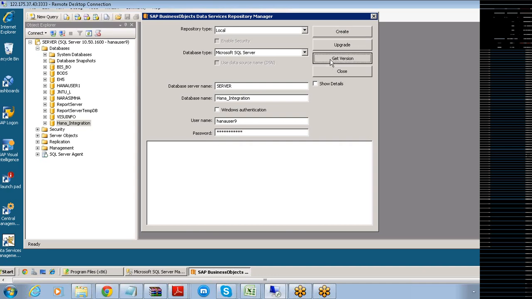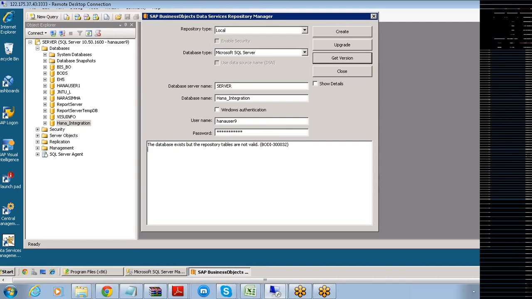When you click on this get version, it says the database exists but the repository tables are not valid. So that means this is a blank database.